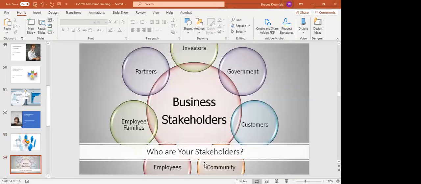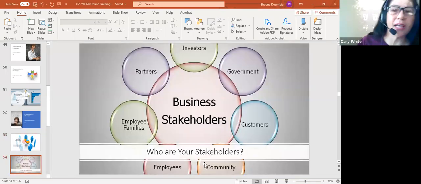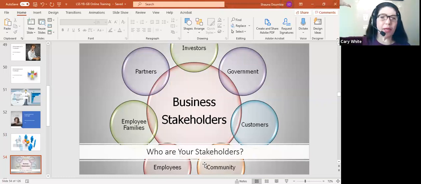Okay. So again, talking about stakeholders, this is a really big high level stakeholder, but I like it in general